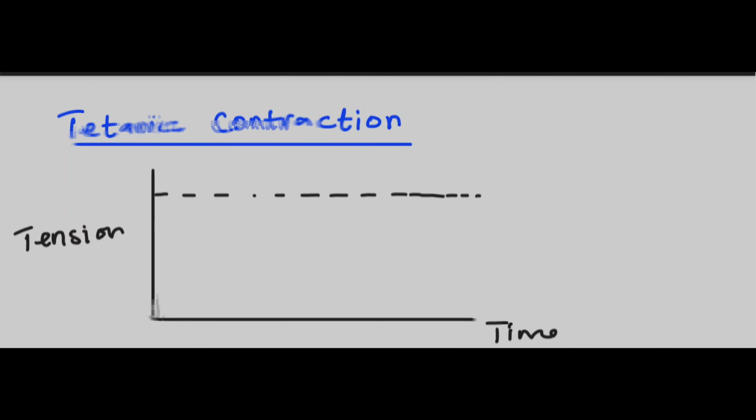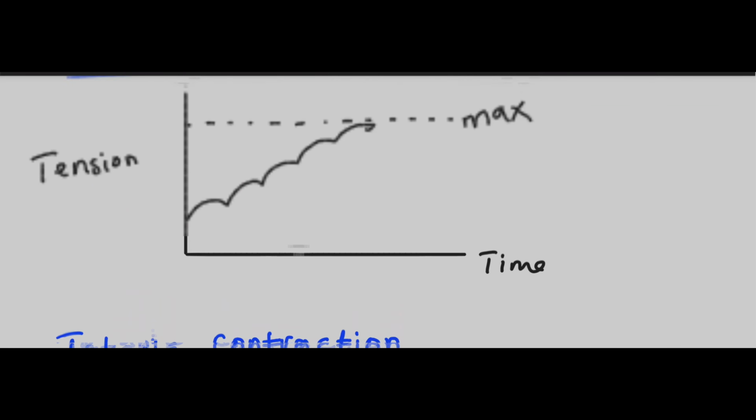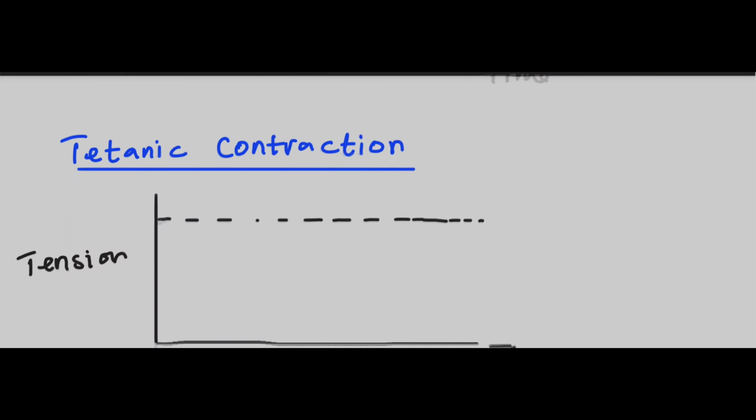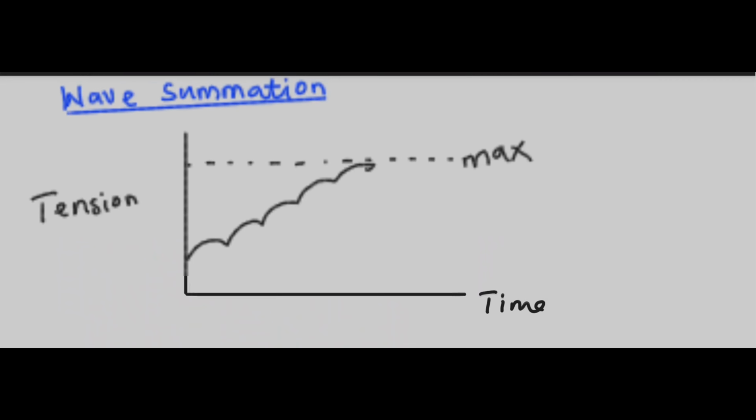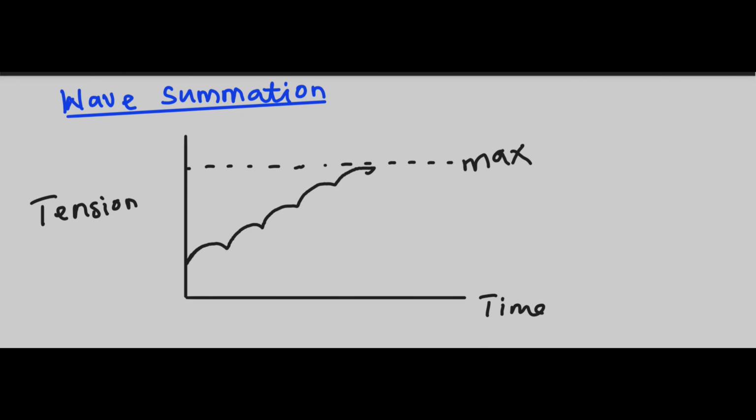There's also something known as tetanic contractions. A tetanic contraction is a bit similar to wave summation, but it's a lot more drastic. This is probably something you use if you're going for a 1 rep max or something like that, because it's a similar concept where the firing frequency becomes very high, right? But it becomes so high that you don't even wait for the contraction to almost finish. In wave summation, the contraction is going almost its full course,